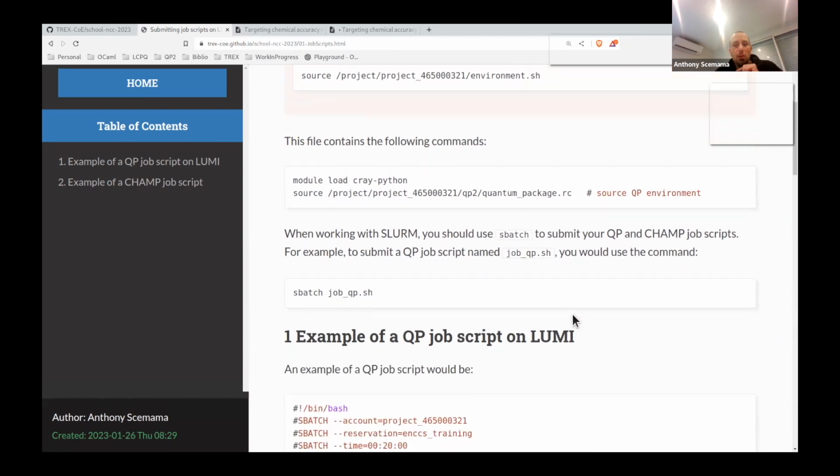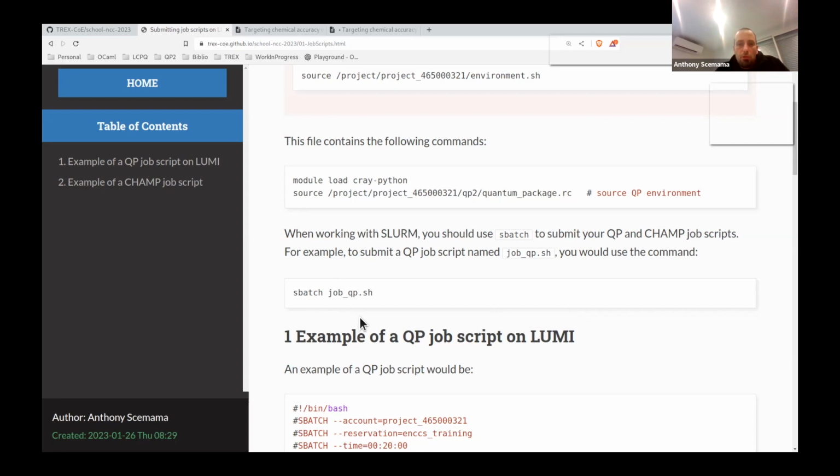On LUMI, we're working with the Slurm batch queuing system. So you will need to use the sbatch command to submit your job script.